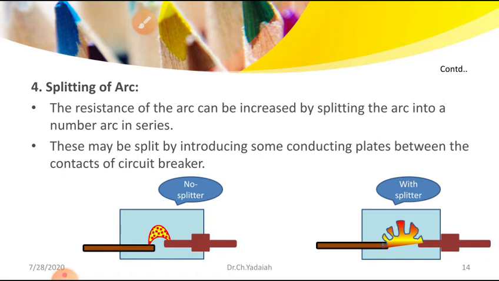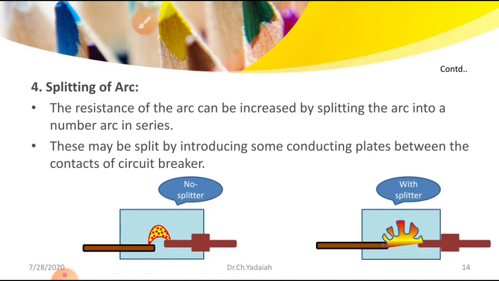Once it is split, metal plates are placed in between the arcs. Whenever the arc enters the metal plates, the heat present in the arc is absorbed by the metal plates. The metal cooling plates cool quickly. Then once the temperature reduces, it automatically comes back to the normal position.